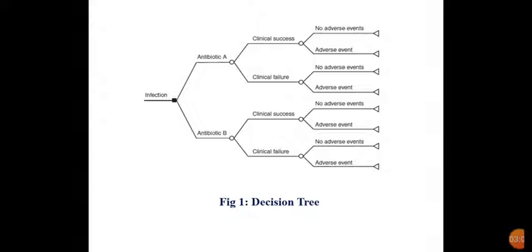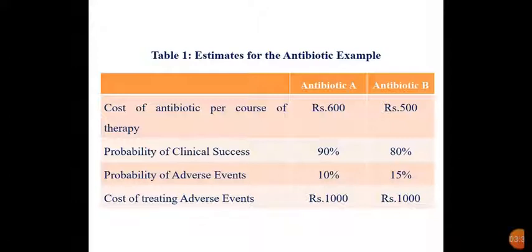So this is a decision tree based on the available treatment options. We'll plot the decision tree and their possible outcomes. So in this decision tree figure, we have a square box that is called choice node, circle represents chance node, and triangle represents end nodes or terminal branches or the final outcome. So let us take an example here, the estimate for antibiotic example.